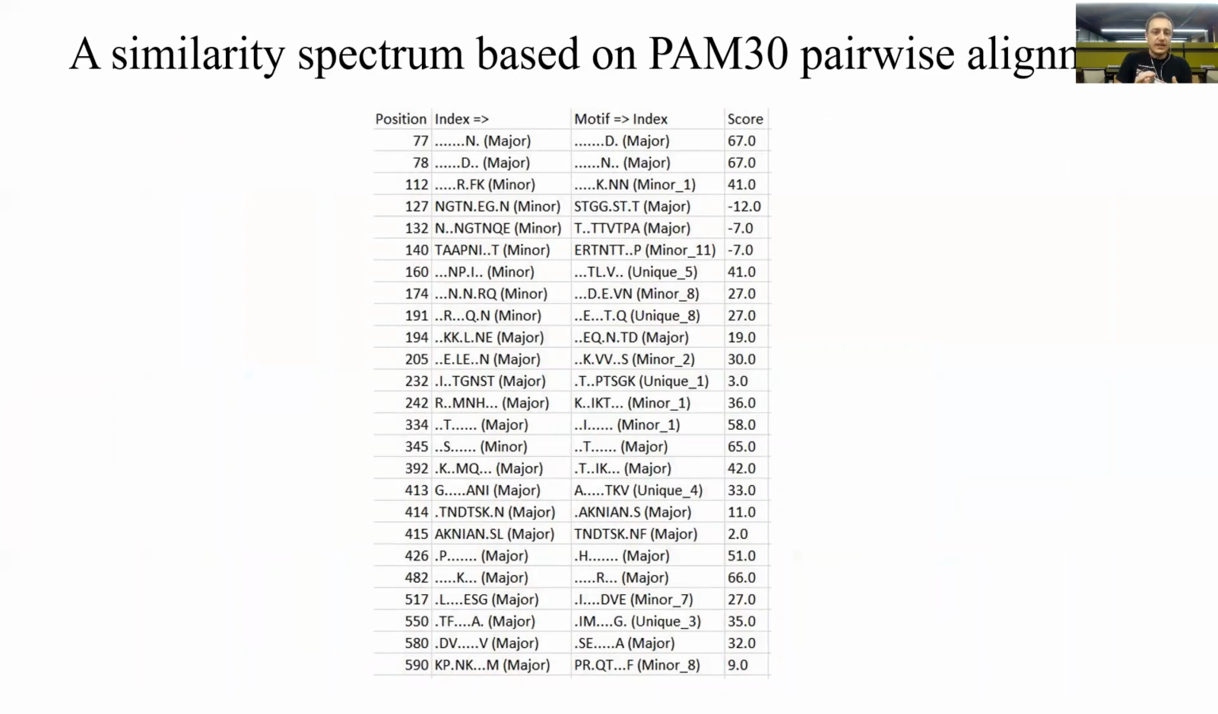And since index switch positions are the most interesting ones, because such positions are possibly to be avoided as vaccine targets given their instability, we produce a similarity spectrum between the index and the replacing variant motif based on the PAM30 pairwise alignment. This file is outputted in a tab-separated format, so we can easily open it up in any text editor or Excel file. On Excel,